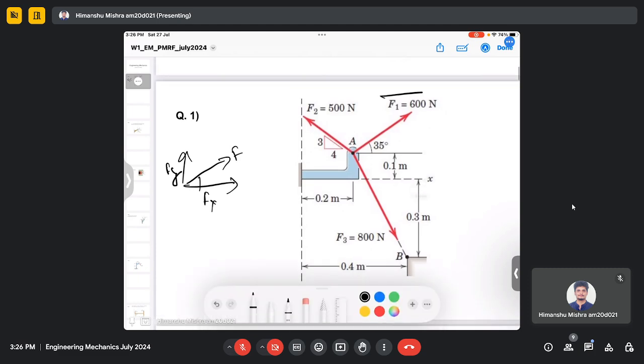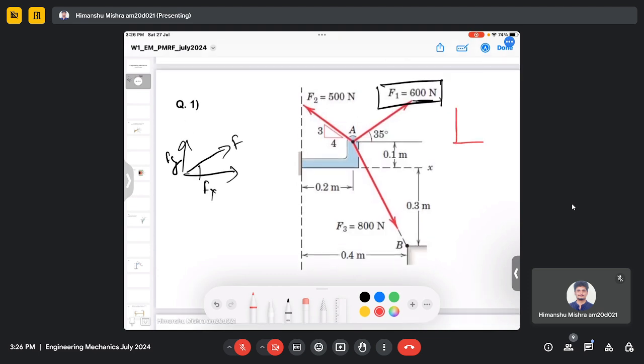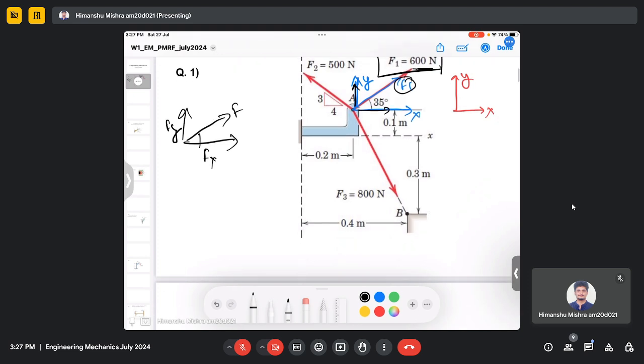Let's first talk about force F1. We are given the force F1 as 600 Newton, and we need to find the components of this force. If I define the Cartesian coordinates here, this will be my x and this will be my y-axis, and this is my F1. Now I need to calculate the contribution of F1 along the x-axis and along the y-axis. As we have discussed, it will be